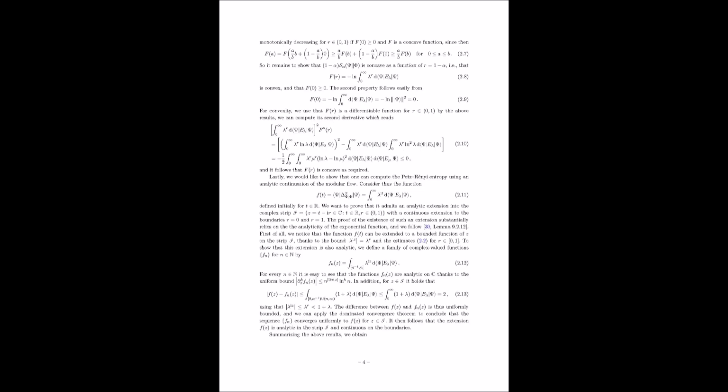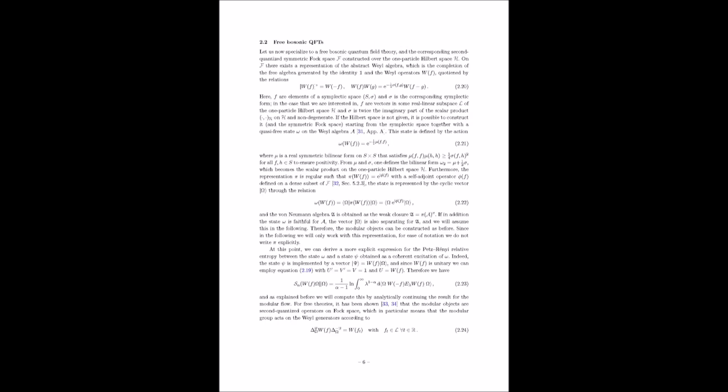Exactly. And they also show that in the limit where alpha approaches 1, the Petz-Rényi relative entropy reduces to the familiar Araki-Uhlmann relative entropy. This demonstrates a nice continuity between the generalized measure and the standard one. That's reassuring. It shows that this Petz-Rényi relative entropy isn't some exotic, disconnected concept, but rather a natural extension of our existing understanding.